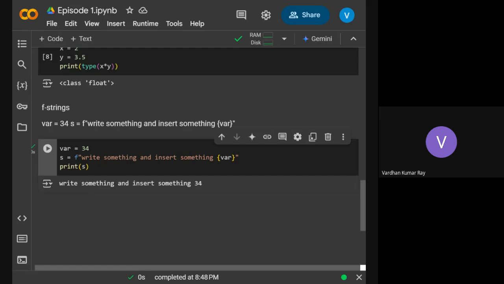Let me see if there are other topics as well. And yes, if you want me to do some other basic topics, because in terms of basic stuff there are a lot of things in Python which I can cover, which is not possible in one lecture. But if you want me to cover something, and if a lot of people ask me about that, I will do that in episode 2 at the end.